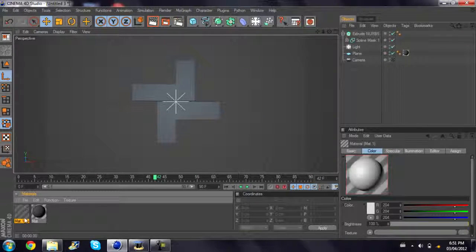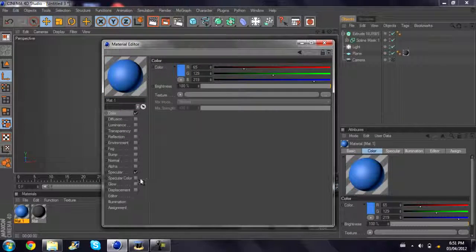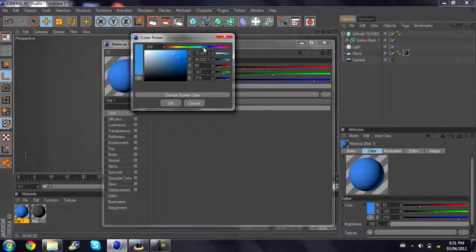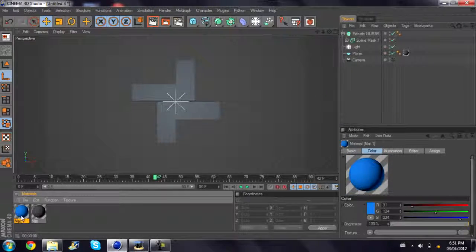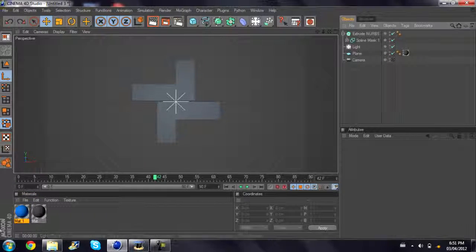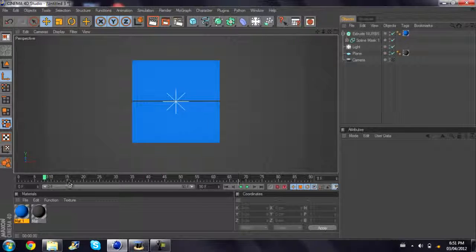And now what we're going to do is drag a material on it. So I guess I'll just pick a kind of light bluish color, turn off specular, and maybe just more bluish, like so. Turn off specular and just drag the blue color. And I put it on the light by accident. So now we have this